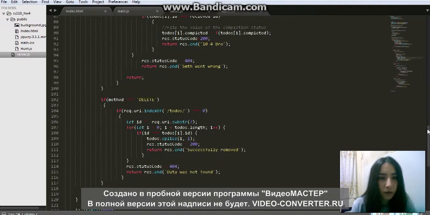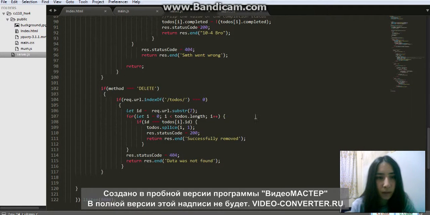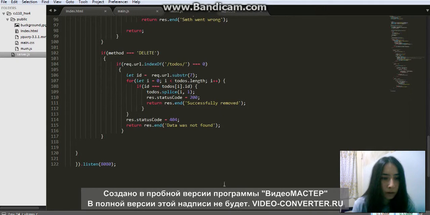And another method is delete. So using this button we can delete some data from our to-do list. Also here we need to specify the status code of 200. It means that everything went right, and in the other case when the data can't be found, we should specify the listing number. In this case it is